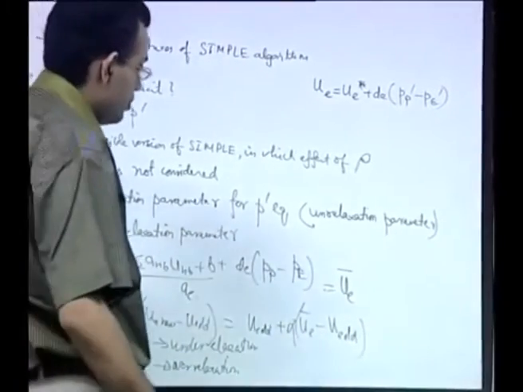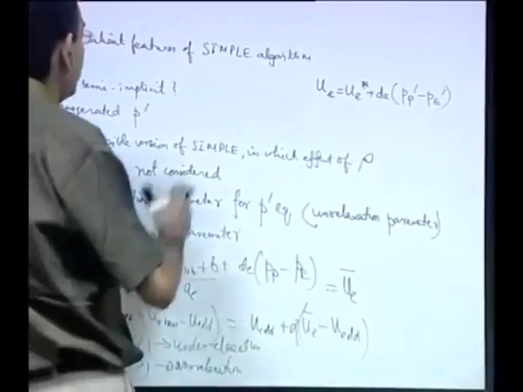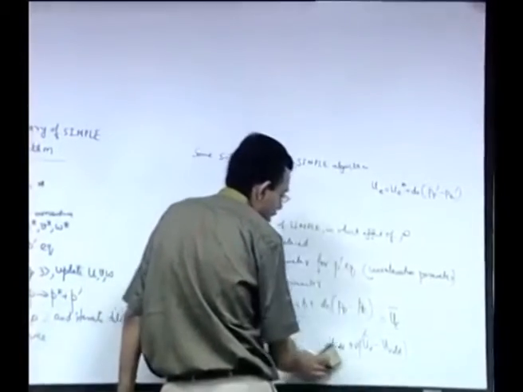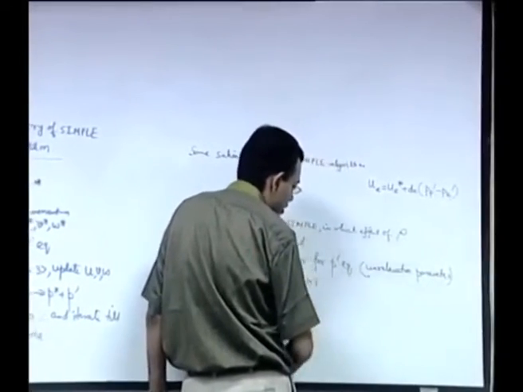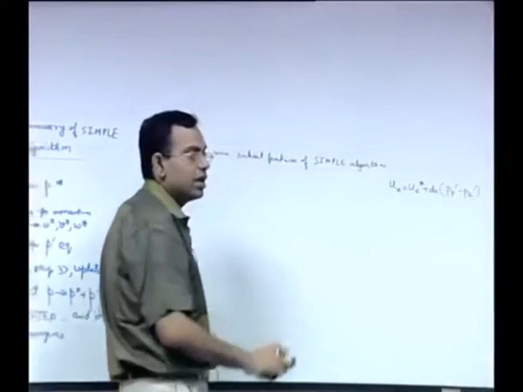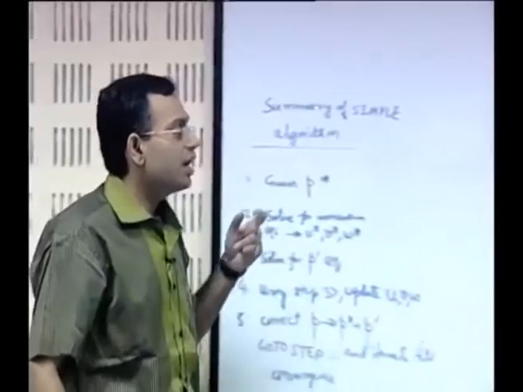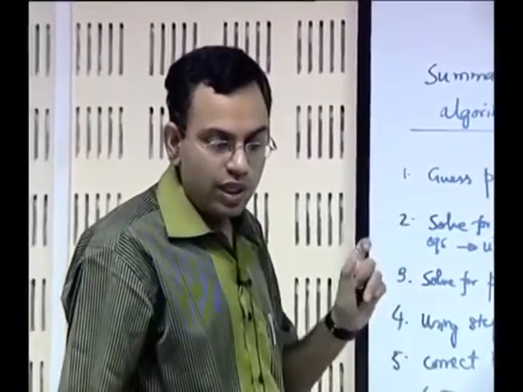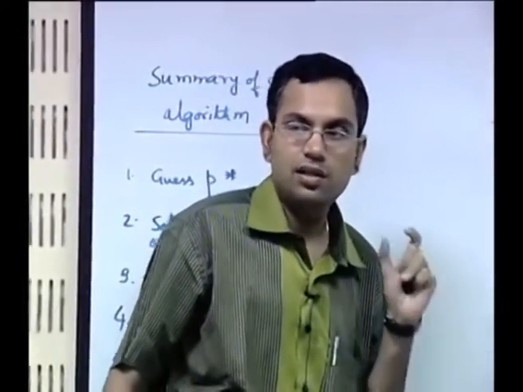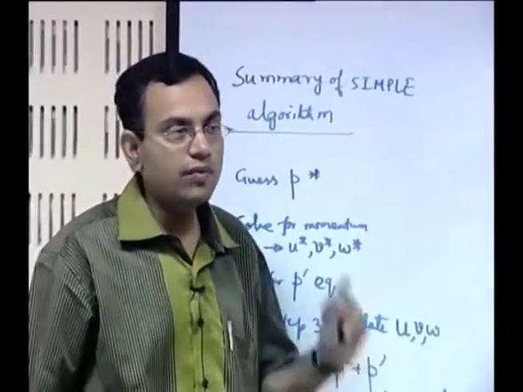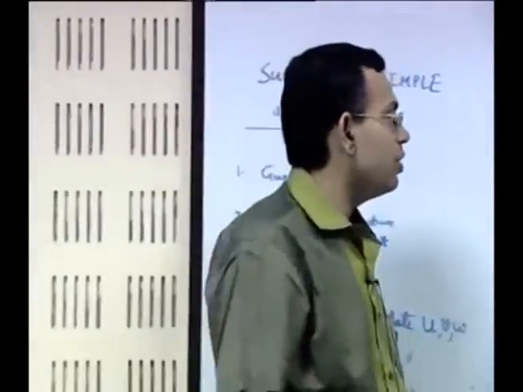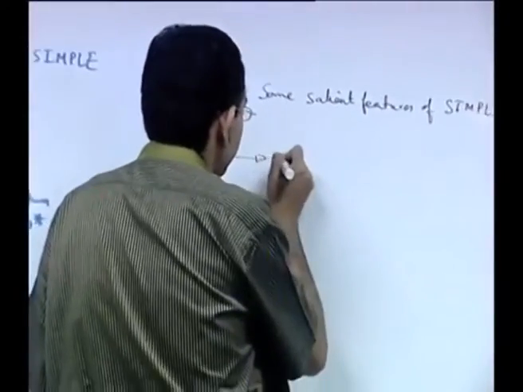Now there are a few other facts that remain about the SIMPLE algorithm which are worth discussing, and one of the key issues is the boundary conditions for the pressure correction equation. See, the pressure correction equation has evolved as one of the artifacts of this algorithm. So we need to discuss more specifically the pressure correction equation and its various criticalities. One of the criticalities is how to apply the boundary conditions. So, boundary conditions for the pressure correction equation.